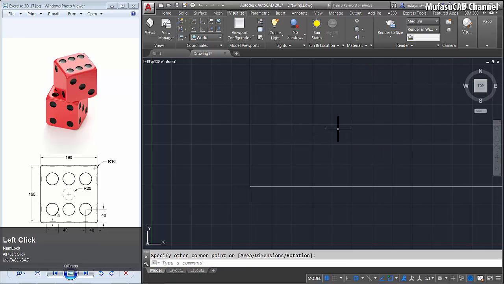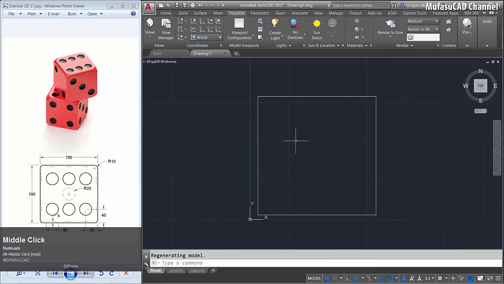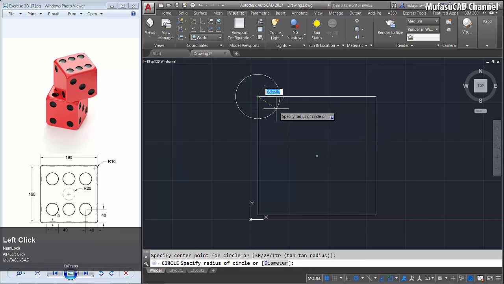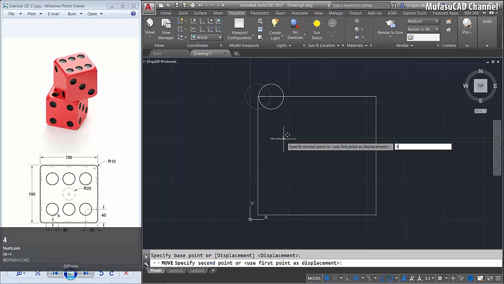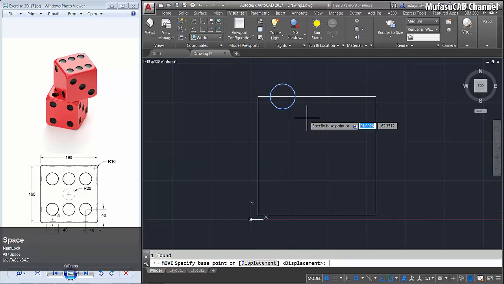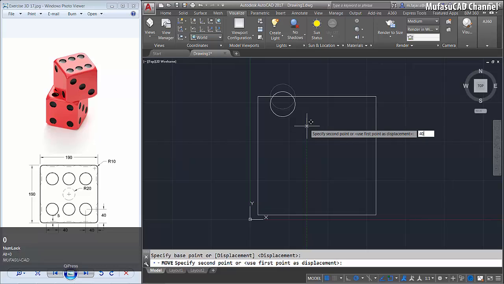Click here and you can zoom extend, and I will create a circle from this point with a radius of about 20. Move this circle to the right about 40 and to the bottom about 40.